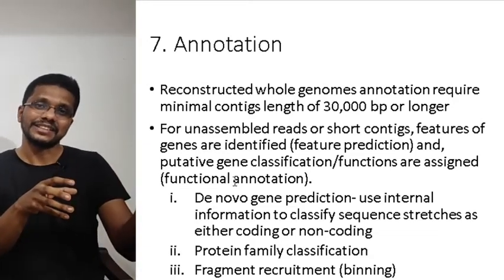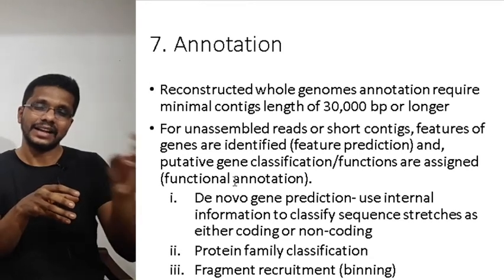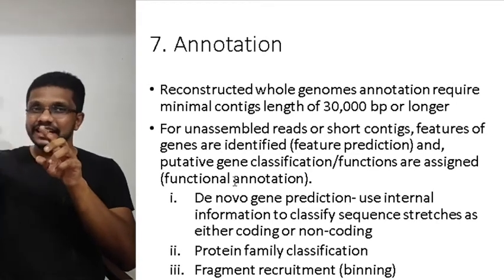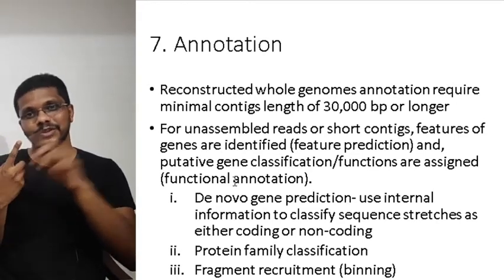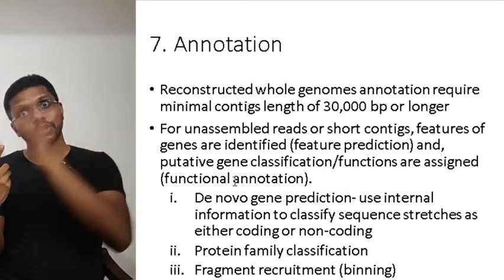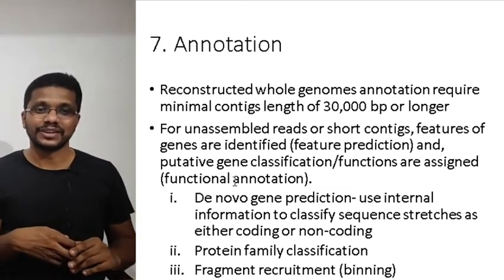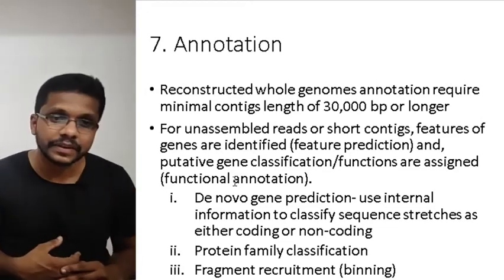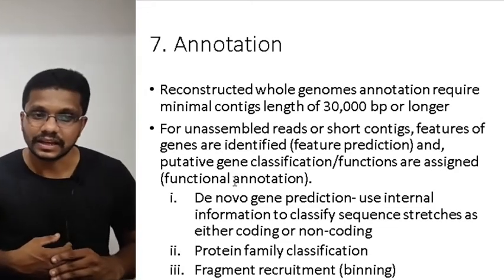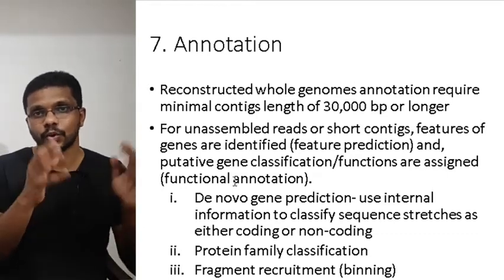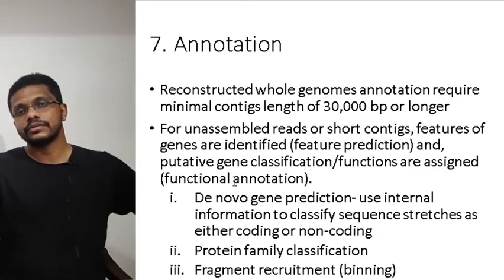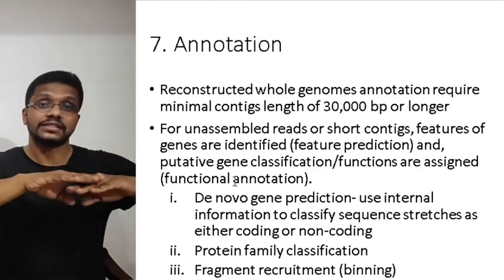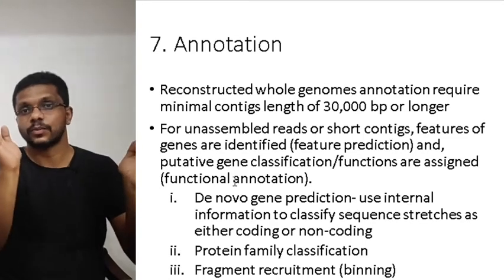From the metagenomics, we are actually taking the sample, isolating the DNA, and sequencing the DNA. From the sequence, we can actually reconstruct the genome of the organism. So the organism is unknown, but the genome is known. That type of annotation needs very large sequences of DNA. The second type of annotation is annotation for unassembled reads or short contigs. So we know sometimes in metagenomics we are not able to reconstruct the whole genome, but we can actually construct a small portion of the genome.